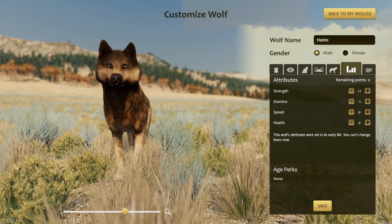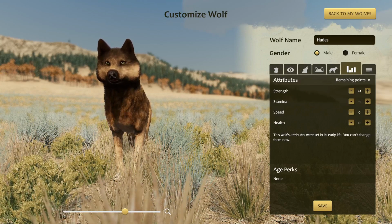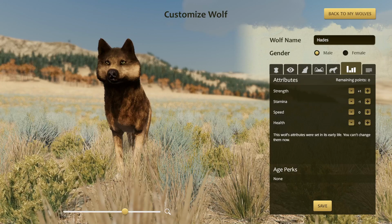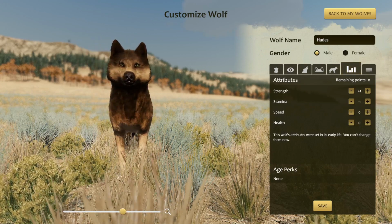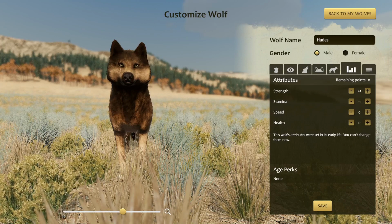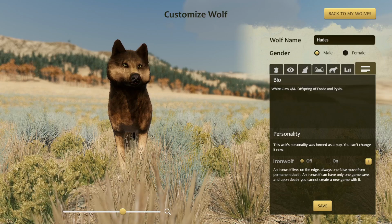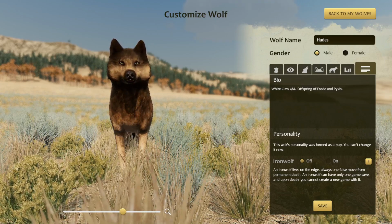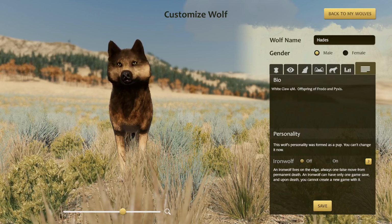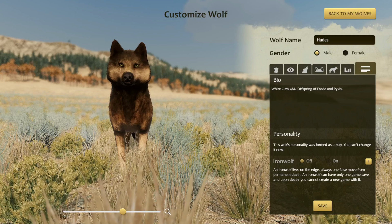He has a +1 strength and a -1 stamina, but his speed and health are both neutral. He doesn't have any modifiers to them, so he's a little bit of a stronger wolf, but he's pretty middle of the road when it comes to having any super boosted stats. He is the 4M member of the White Claw Pack, once again the offspring of Frodo and Pixis, and that has been Hades. So finally, let's go ahead and we will take a look at the third and last member